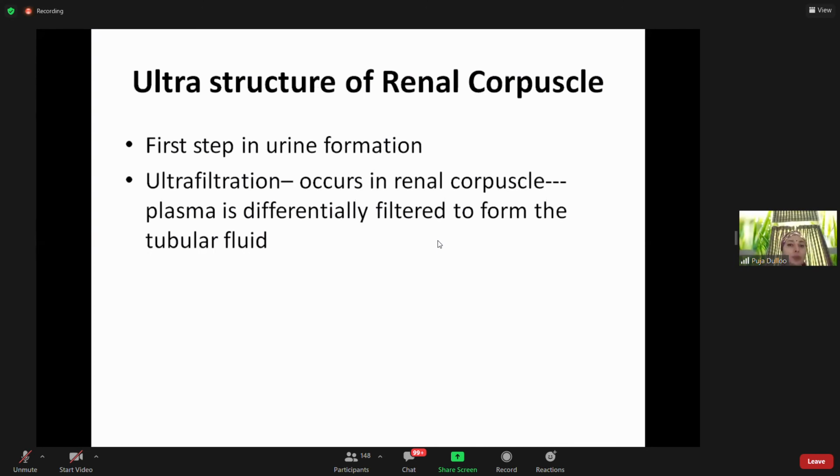The first step of urine formation, the first step for urine to form, is to have an ultrafiltration. Filtration, सीधा filtration होता है छन्नी से, filter paper से. When we talk about ultrafiltration, that means a specific in-depth filtration has to occur, and it occurs in the renal plasma. तो कहाँ से filter हो रहा है? What is getting filtered? The plasma is getting filtered, and where is it going? It is going into the renal tubular system, right? So this renal corpuscle is actually acting like a sieve. छन्नी, sieve मतलब छन्नी.